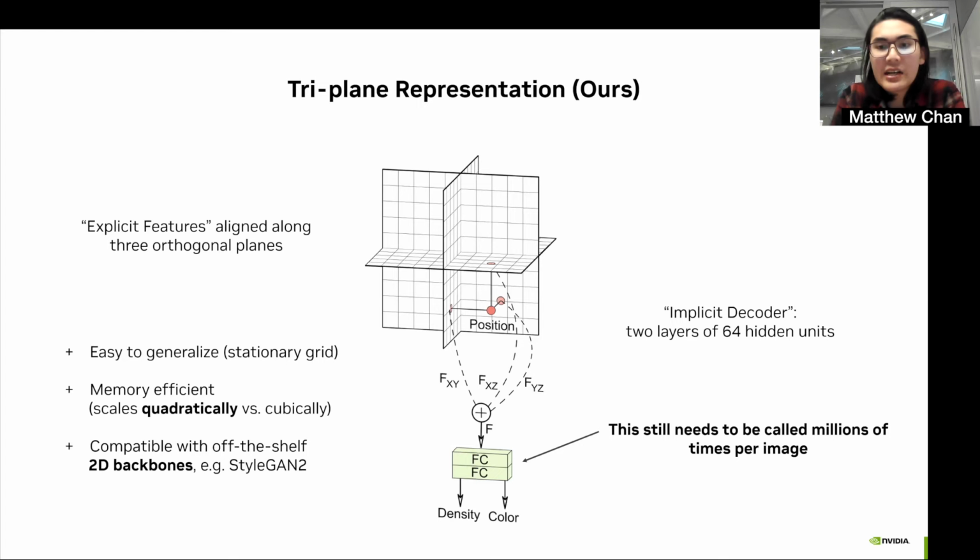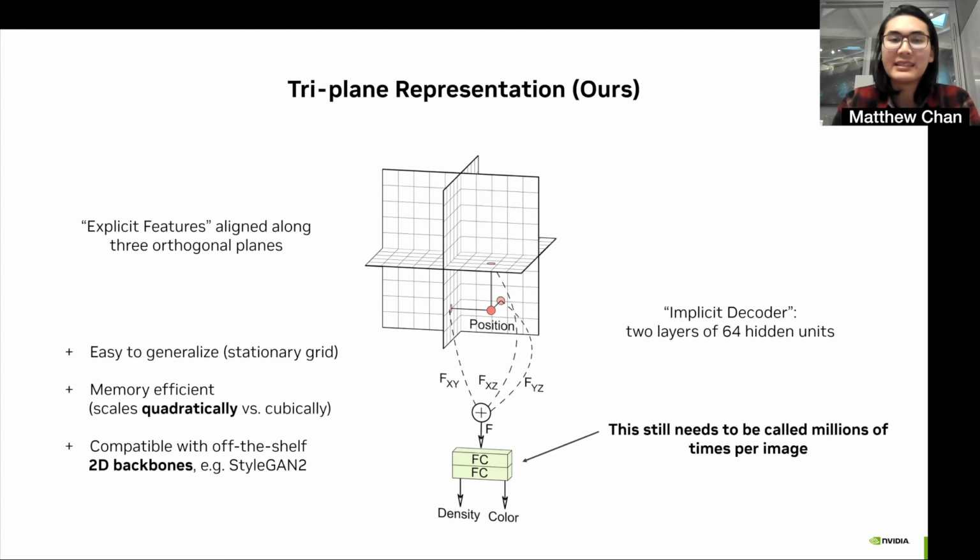First, it's easy to generalize. The stationary structure of the 2D planes makes it really easy for a model to learn and predict the content on these planes. Second, the planes are really memory efficient compared to 3D voxels and other representations because they scale only quadratically versus cubically in terms of spatial resolution.